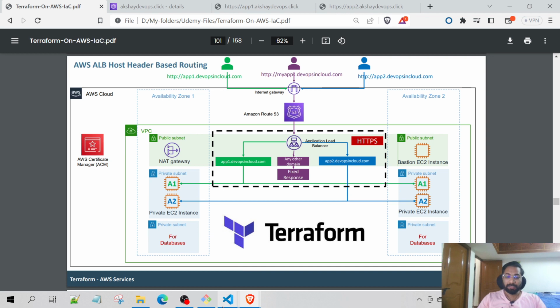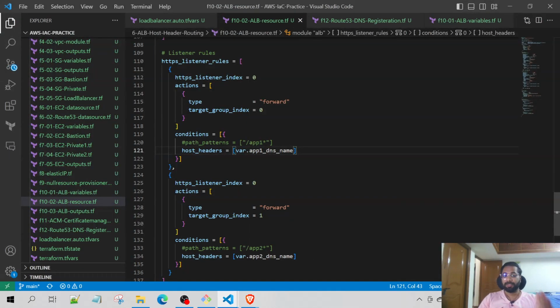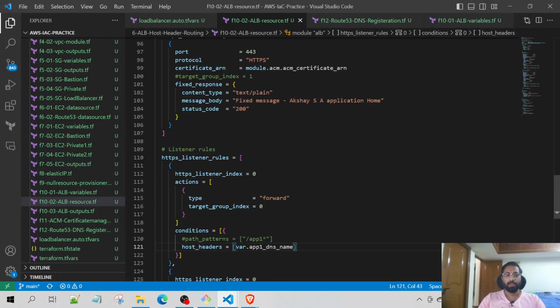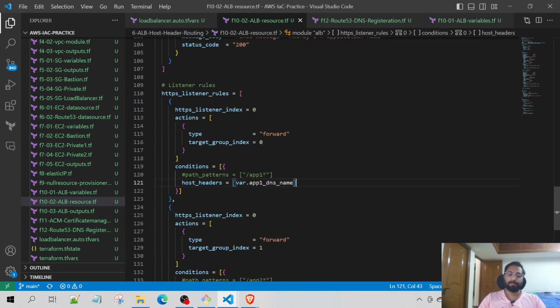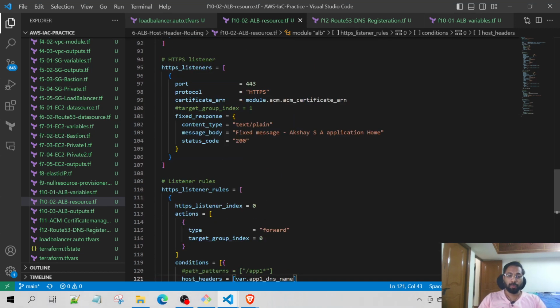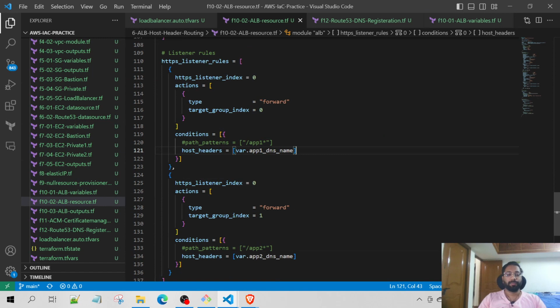And let's come to the changes. Before I explain the code, I suggest you take a look at my previous video regarding the application path based routing. This is based on the previous code. In the previous code we had path patterns, which is app1 and so on, but over here we will be adding the host headers for both the listener rules, and these are defined in the variables such as this